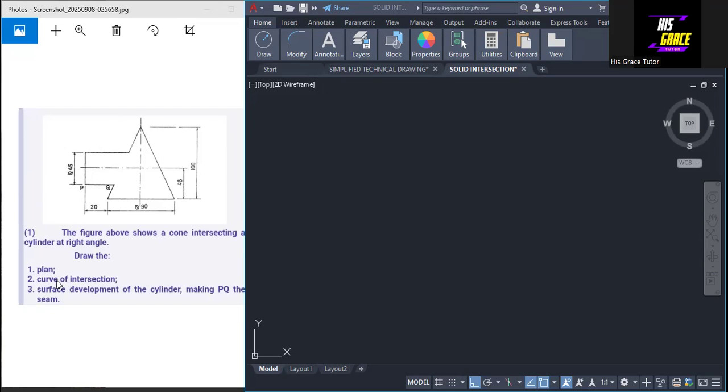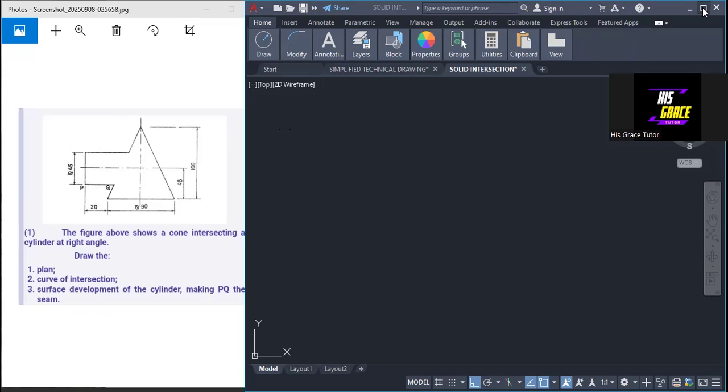We are going to draw the plan, and we are going to draw the section curve of intersection of the solids. Now, let's talk about dimensions that we have on the figure. The diameter of the circular base of the cone is 90 millimeters and its height is 100 millimeters. Then the center line of the cylinder is 48 millimeters from the base of the cone. And then we have its length from this point to this end here is 20 millimeters. And the diameter of the circular end of the cylinder is 45 millimeters. So let's take note of these dimensions, because what I'm going to do now,